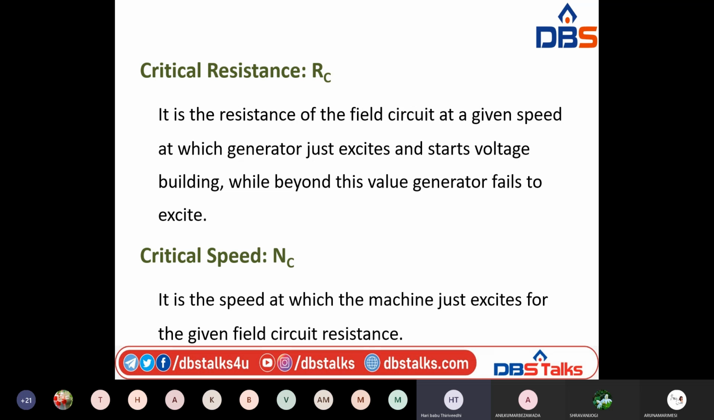What is critical speed? It is the speed at which the machine just excites for the